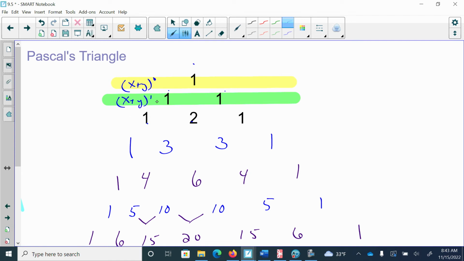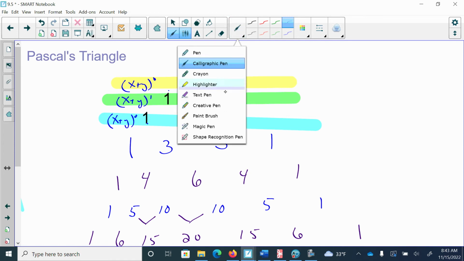So the number of the row that you're on is technically one more than the power. So here I'm on the third row down, so my binomial is going to be x plus y squared. So you can see how that will just keep on